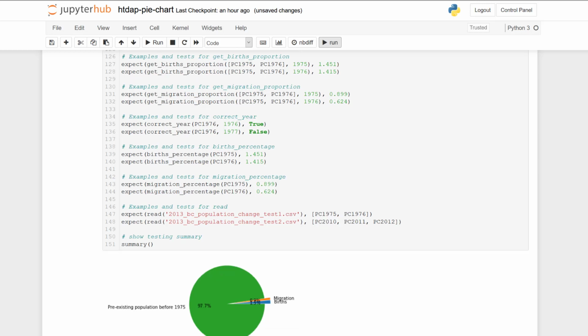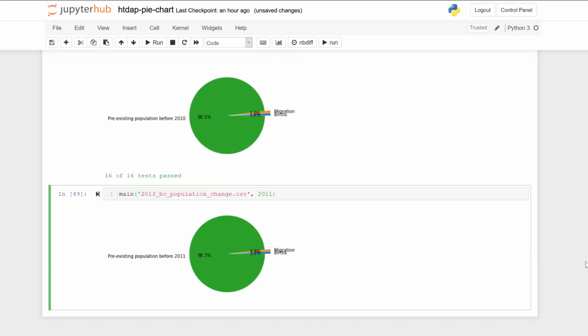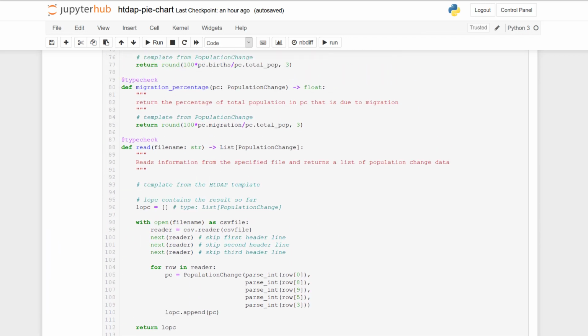So if I scroll down, I can see these pie charts that are produced from my examples. If I keep going, I do have a call to main, which shows me, based on my full set of information and asking for the pie chart for 2011, what I get. I notice that I have not yet set a title. So I'm going to scroll back up and add a title. I also think I want to make these a little bit bigger.